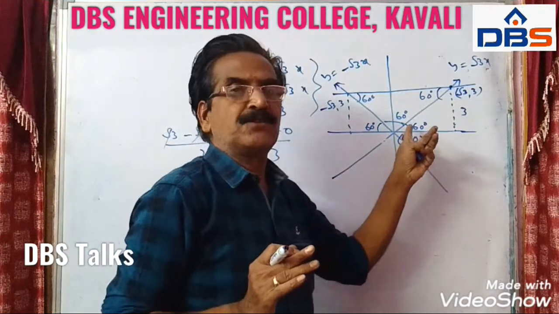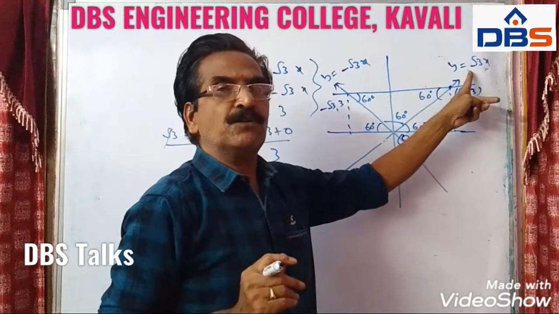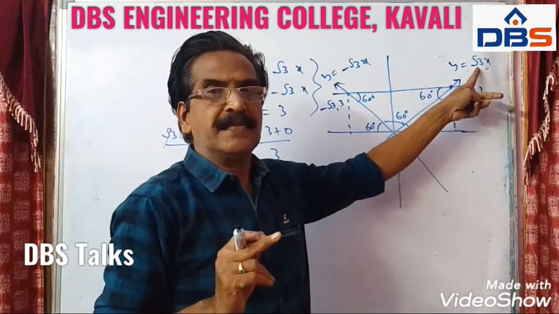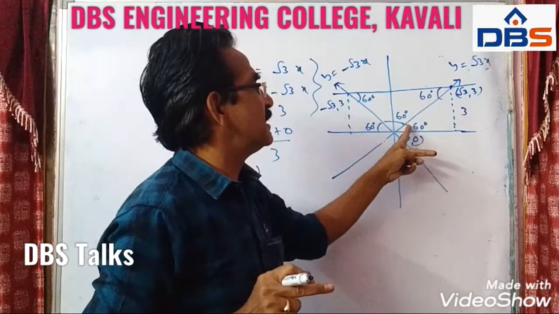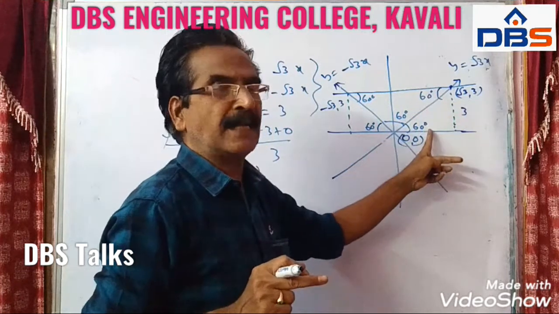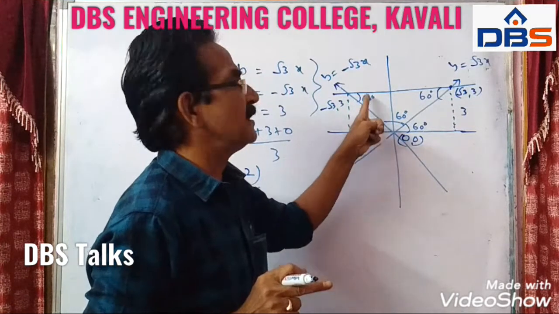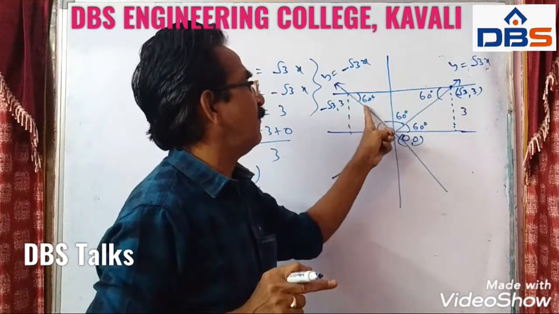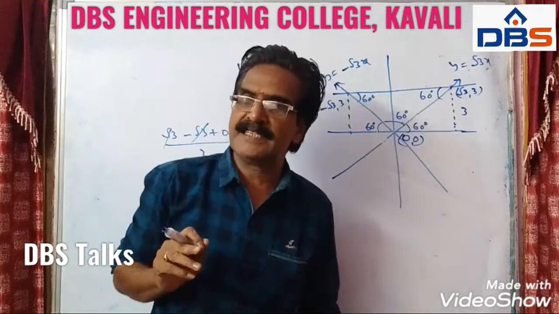Here what we did, you understood now? Here this line is the y is equal to mx line. What is m? Slope root 3. Slope root 3 means angle 60, tan 60 is root 3. So this angle is 60. This is 60, so this is 60, because these two lines are parallel lines. In the same way this is also 60. 60 means this angle must be 60. Therefore this triangle is an equilateral triangle.